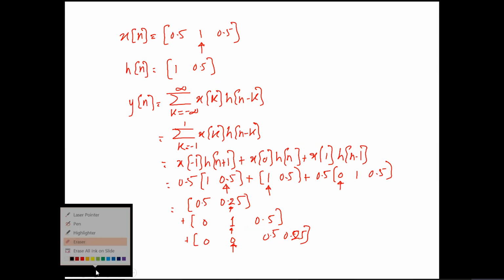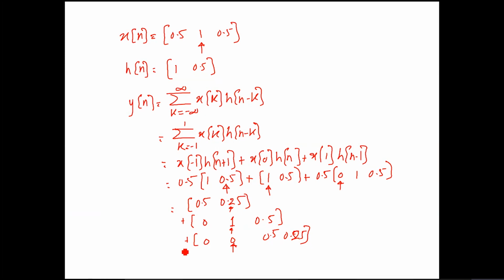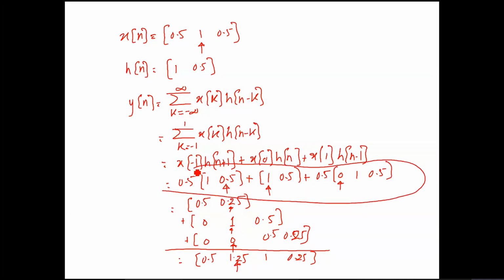Okay, so this is a bit more complex or involved example. If you just add all of them together, you will end up getting 0.5, 1.25, 1 and 0.25, and the arrowhead location right here. Once we are adding these together, you notice that the first one I just wrote as such. The second one, just to align the arrow, I need to put a 0 right here. I need to put all the arrowheads together so that they are aligned. Only then we can